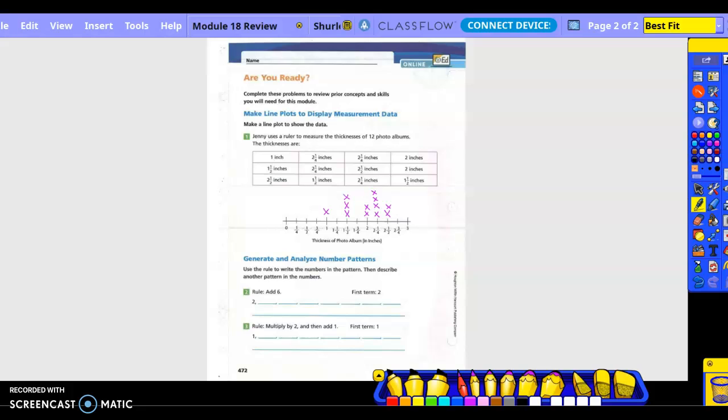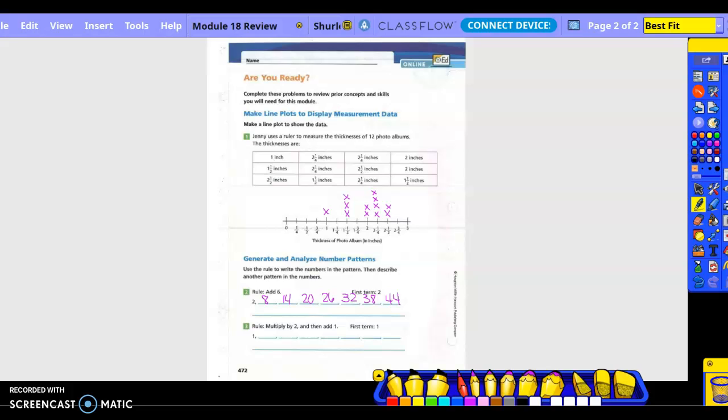Okay, generate and analyze number patterns. Use the rule to write the numbers in the pattern, then describe another pattern in the numbers. Okay, so the rule is add 6. So we started with 2, so 2 plus 6 is 8, 8 plus 6 is 14, plus 6 is 20, 20 plus 6 is 26, plus 6 is 32, plus 6 is 38, plus 6 is